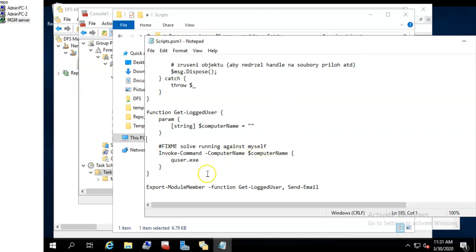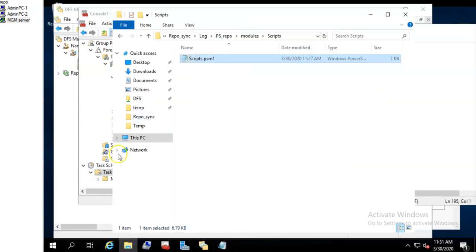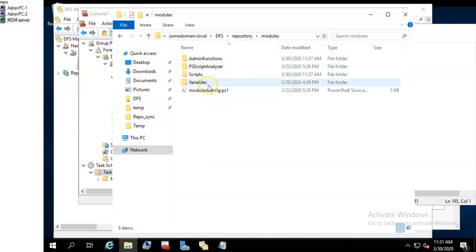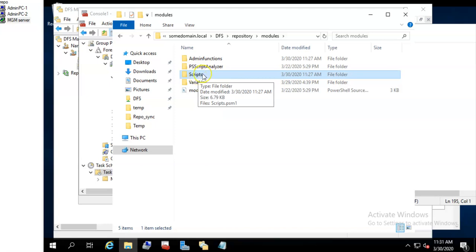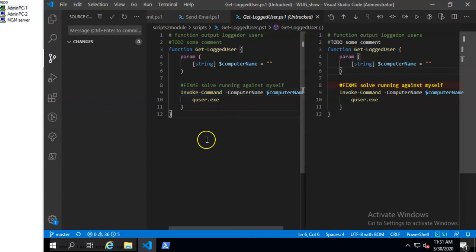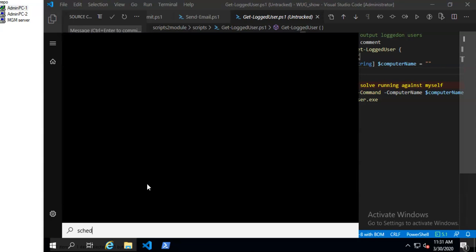Okay, so this module scripts will then be compiled to the DFS repository, from which the clients will download it to themselves. So I will return to my admin PC1 and look at